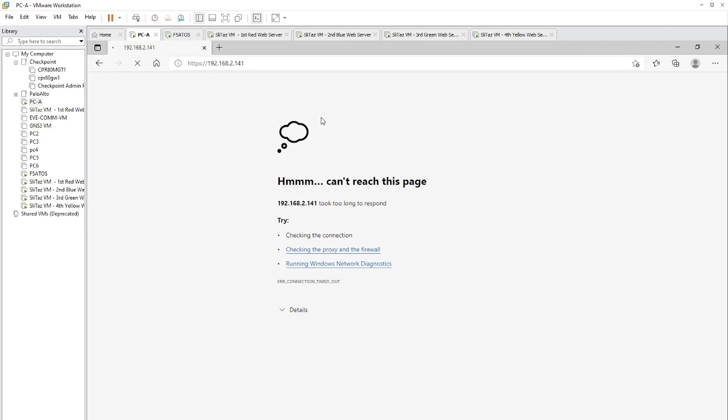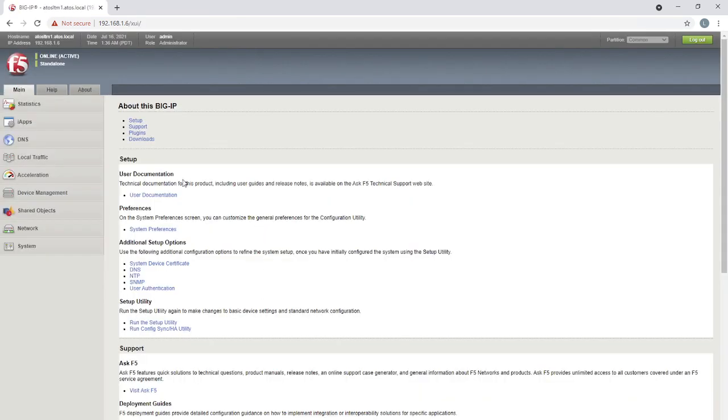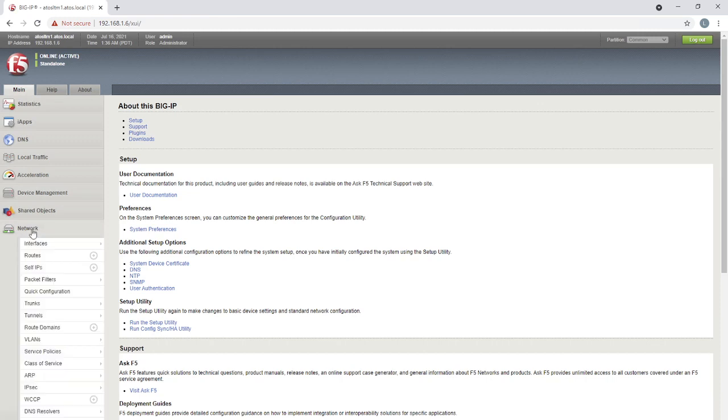No, it's not accessible. You can see that one can't reach this page. I'm just trying to check the status.